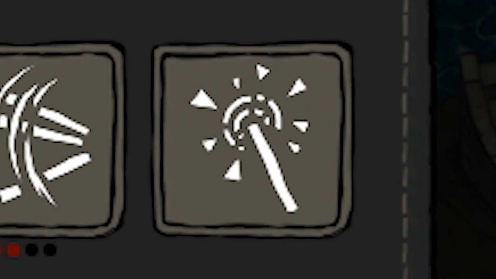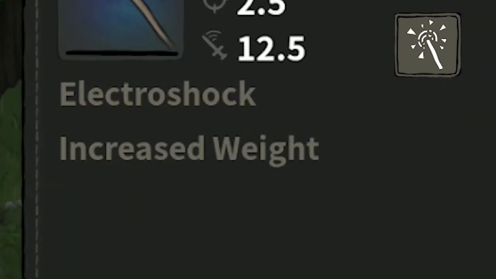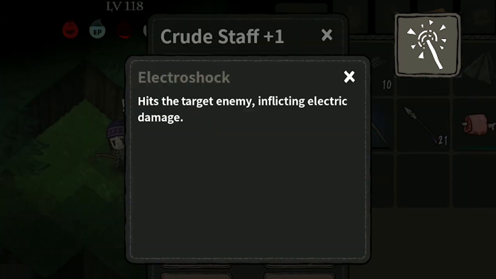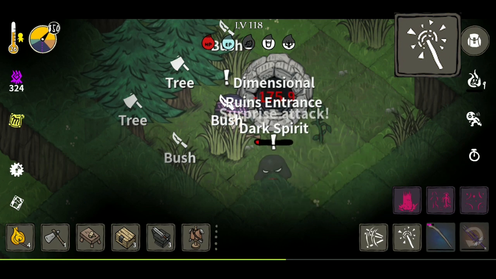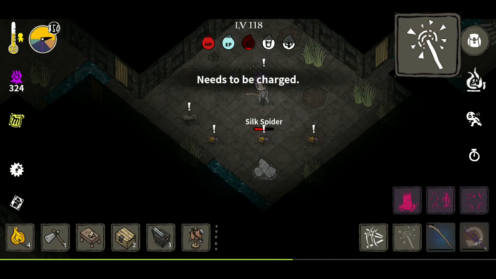Use Magic. It's pretty interesting. Sometimes whenever you craft staffs, a few attributes will come with it, and one of the attributes will be a random spell. So with this skill, you can use that spell. The only problem with this is that you have 3 charges of the spell, so